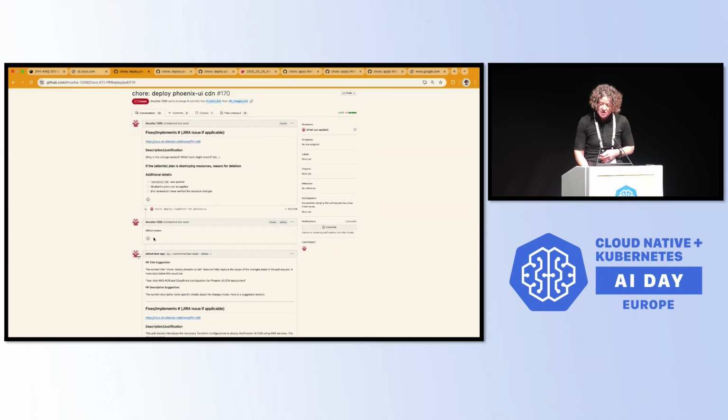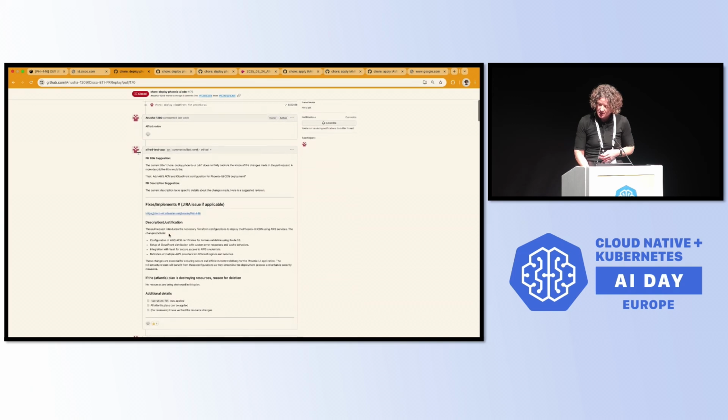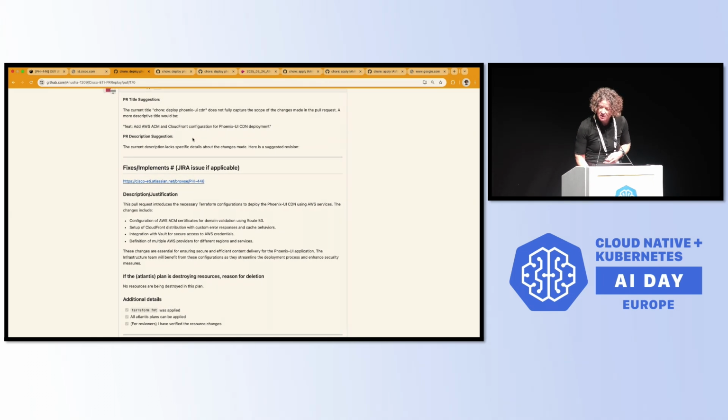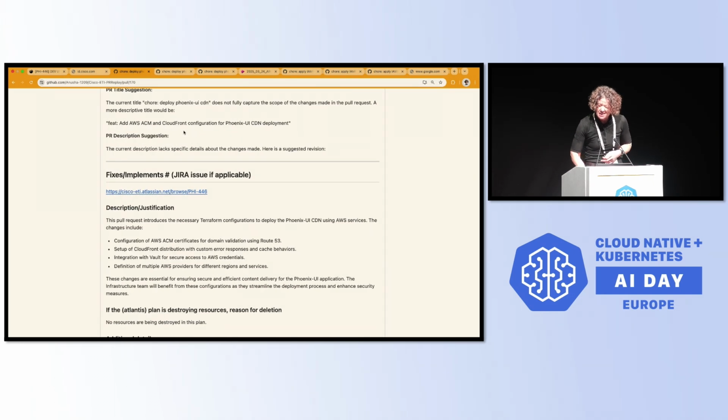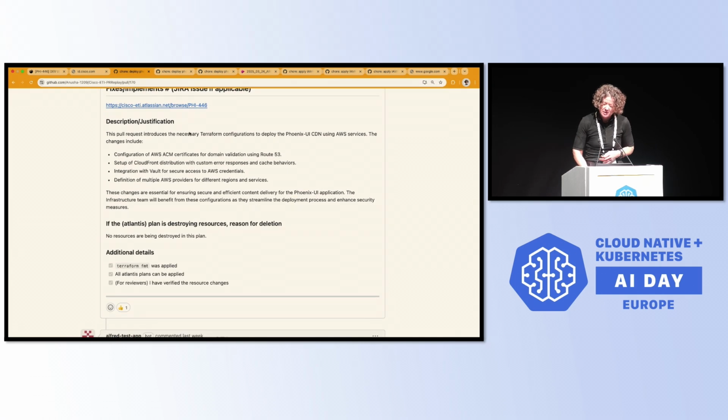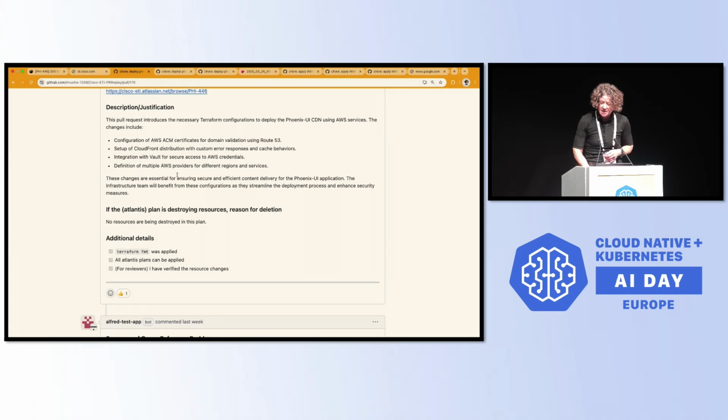So we ask our system to review it, and we're just code-naming it Alfred for now. And we get a really good response about what it is that this system does. Let's see if we can make it a little bit bigger. It suggests a new title, which is probably less important, but the system has figured out exactly what we're trying to accomplish here, and documented that for any of the reviewers or anybody who wants to read it in the future.